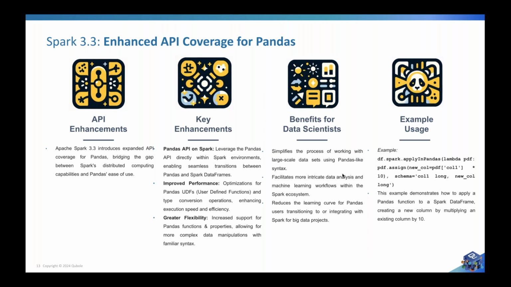Now, what are these? Okay, so one of them is example usage. You can see apply in pandas. Apply in pandas is one of the functions if you are using pandas. And it's a simple function to add a new column, multiplied by 10. So rather than all the juggling that we used to do with data frames, it's a simple pandas call, and then you can do this. There's one more feature that I have not added, which is basically